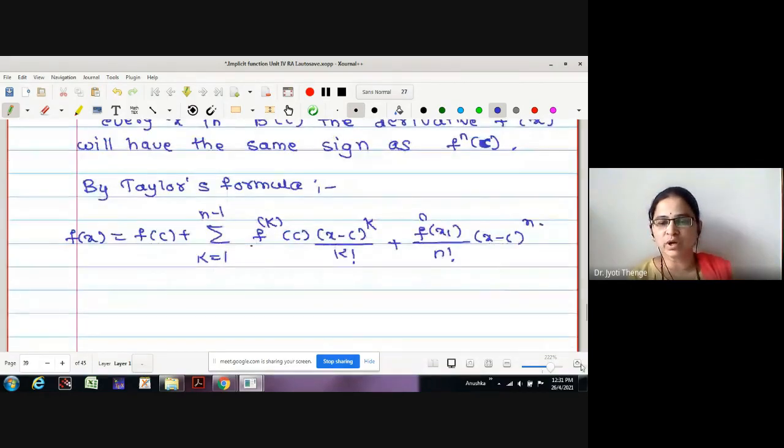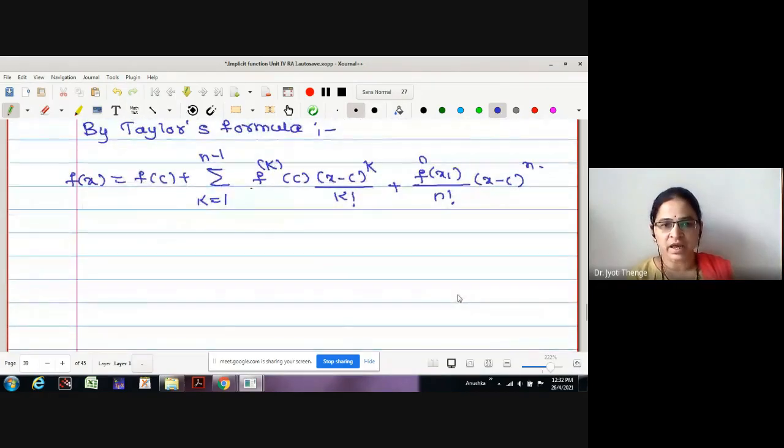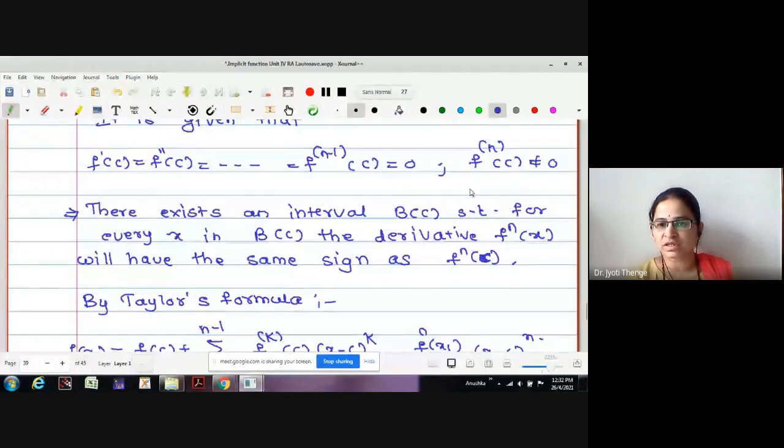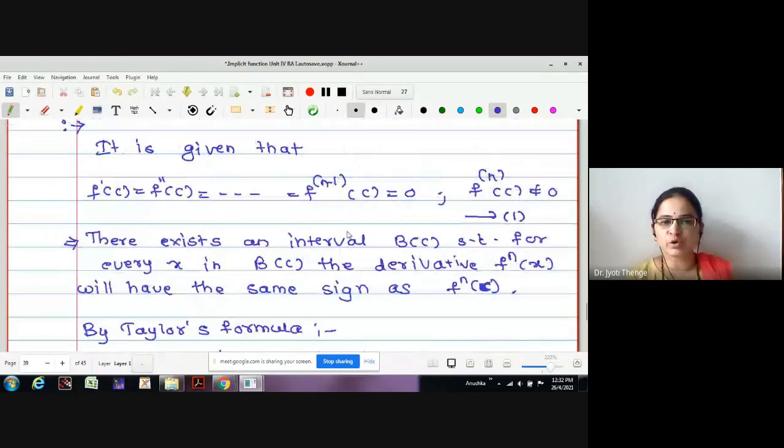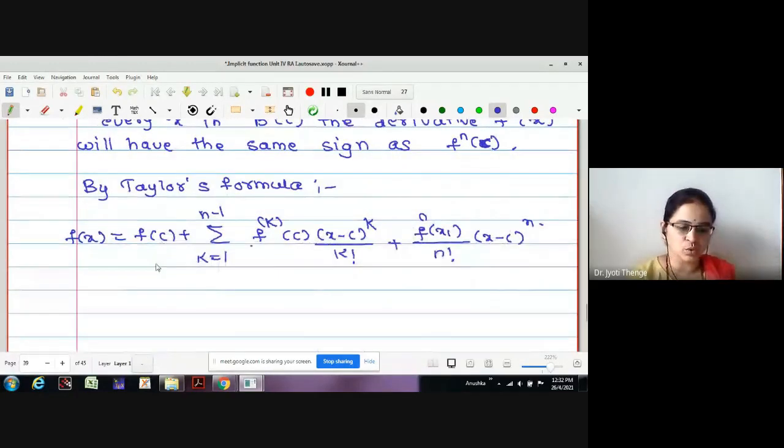What about this point x1? This point x1 is on the line segment joining x and c. Now let us use equation number 1 for this. What does equation number 1 say? Up to n minus 1, the derivative at the point C gives us 0. Therefore, by assumption,